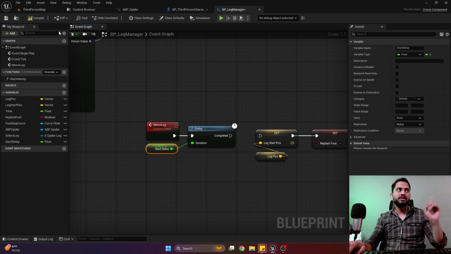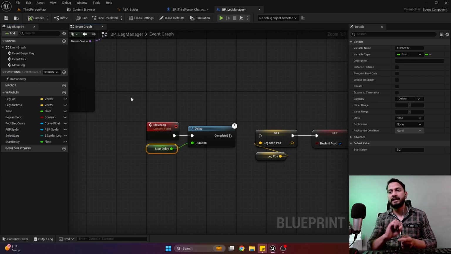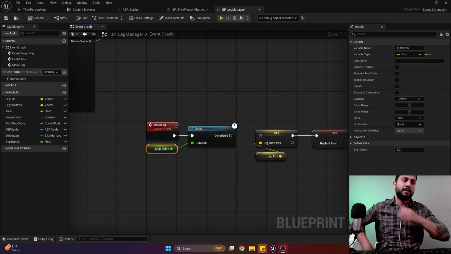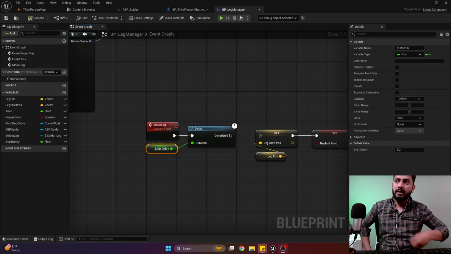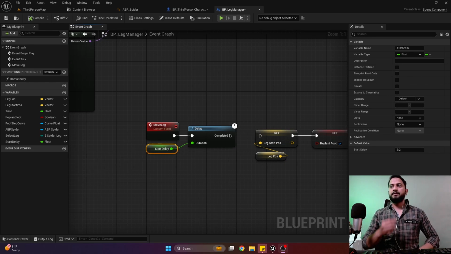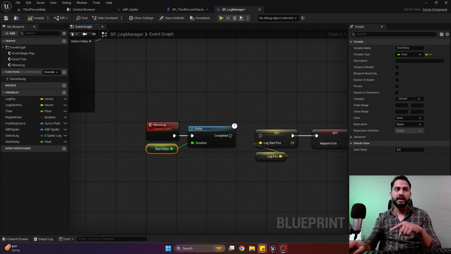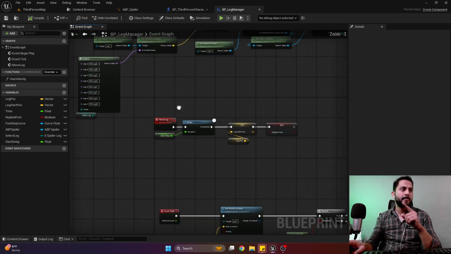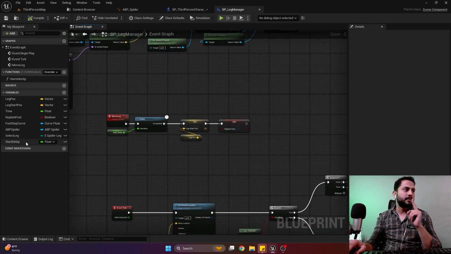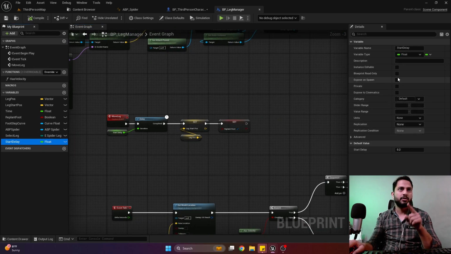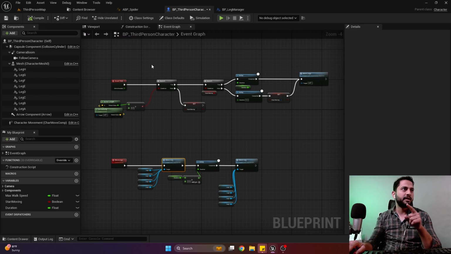So once we call this move leg, we have a local delay as well. When we are calling this function move leg after every 1 second, after calling we have a local delay so that we can differentiate each leg accordingly. So we have this local delay over here, and I will set this to not private so that we can modify it